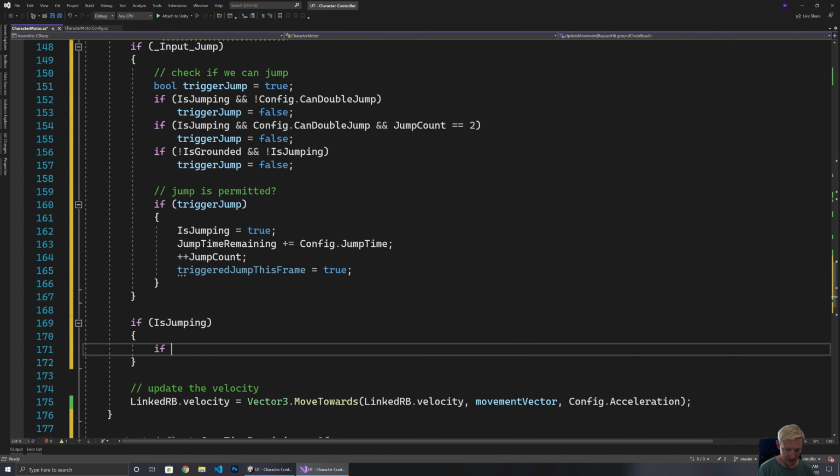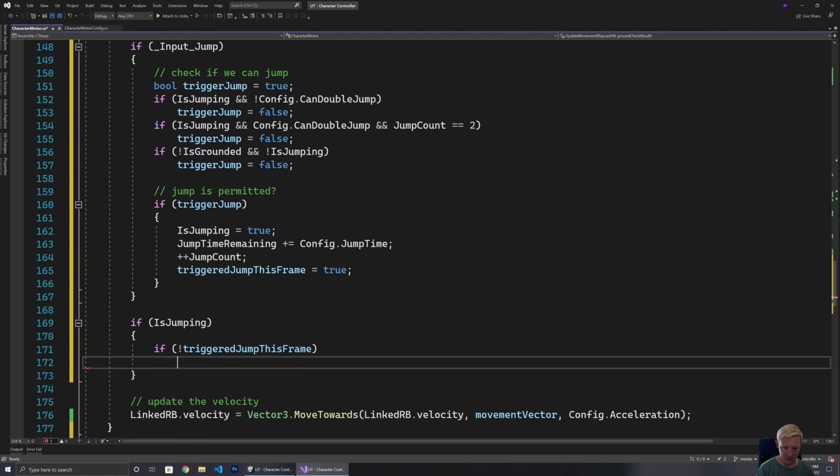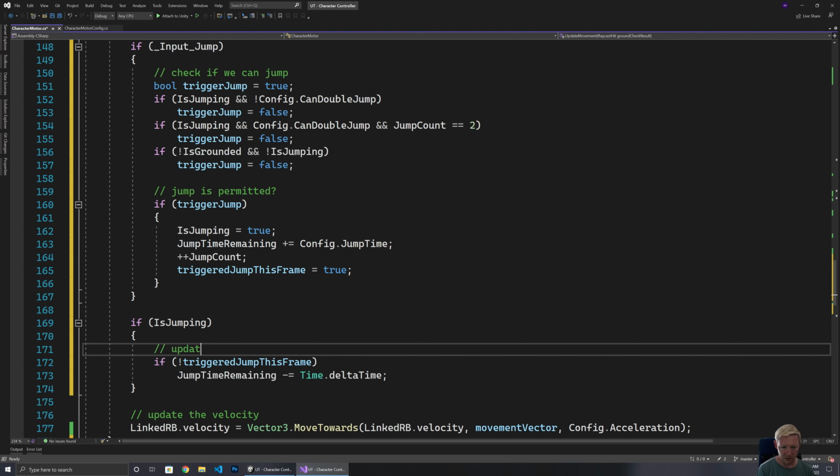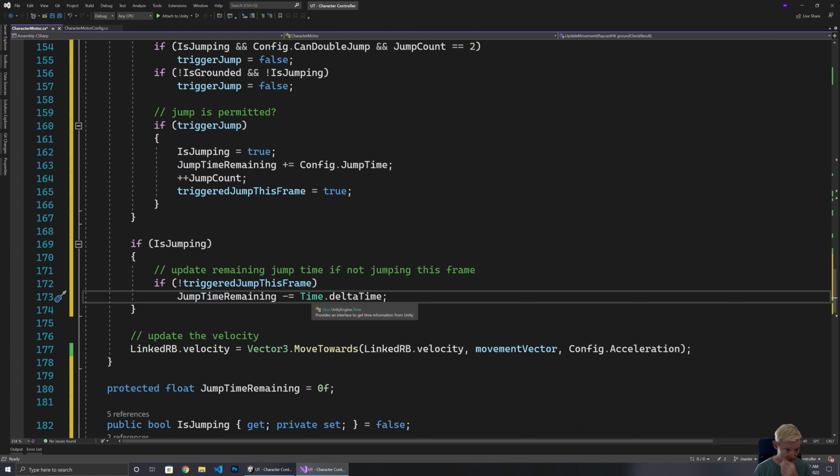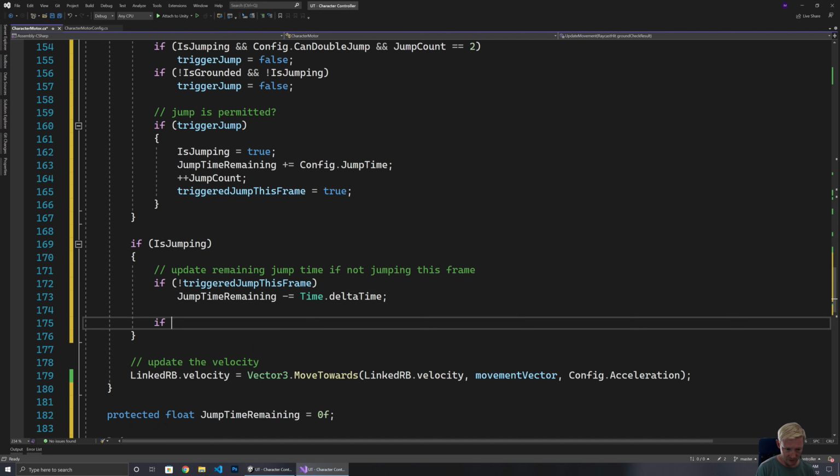So if we didn't trigger the jump this frame, then jump time remaining minus equals time.deltaTime. So update remaining jump time, if not jumping this frame. So that's good. Then what we need to check is, okay, well, if jump time remaining is less than or equal to 0,